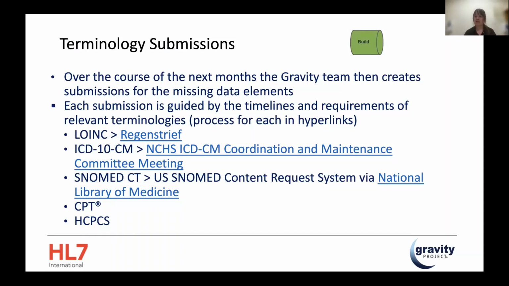Again, right now, even though we submit to the US, we're doing a lot of our build with diagnoses across international SNOMED CT because of the dearth of social risk concepts in SNOMED CT as it stands. When appropriate in US use, we build across billable terminologies such as CPT and HCPCS, which are US specific.